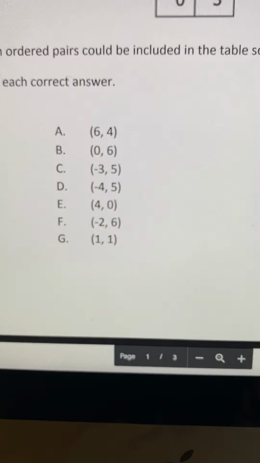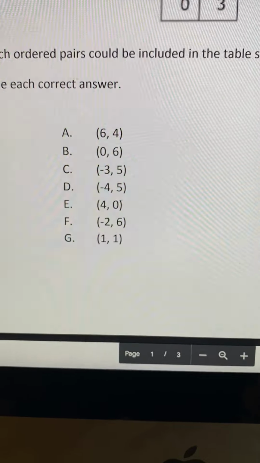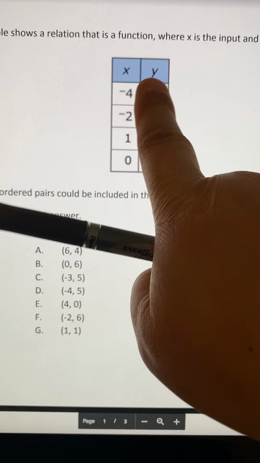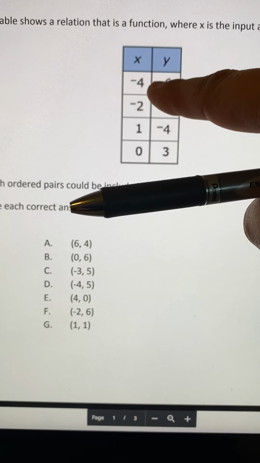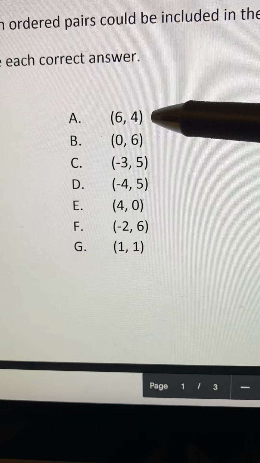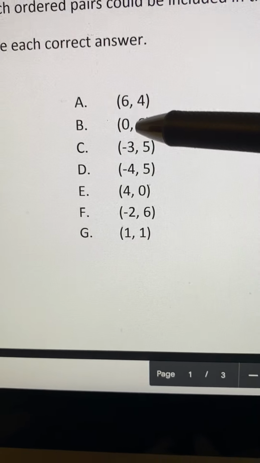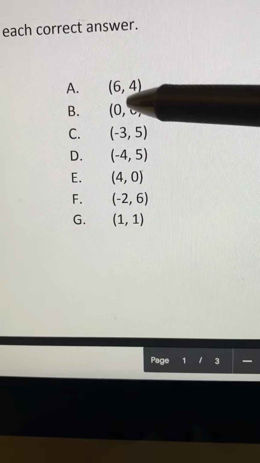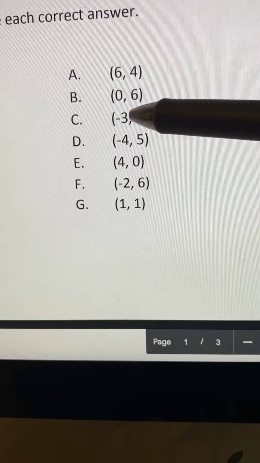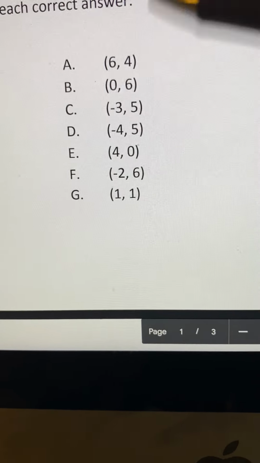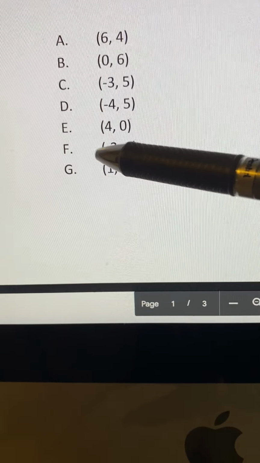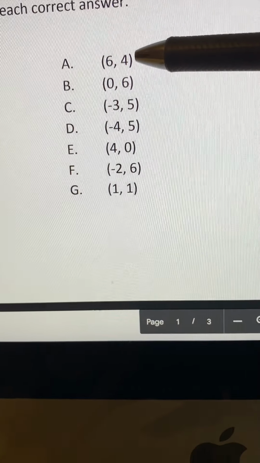So you can't have any with a -4, a -2, a 1, or a 0. The y values mean nothing. They don't even need to be here. It's the x values. As long as you don't have a -4, -2, a 1, or a 0 down here. A would work. B would work. Oops, sorry, B, you're out of there. 0, gone. -3, good. -4, gone. +4, good. -2, gone. 1, gone. So, A is good,